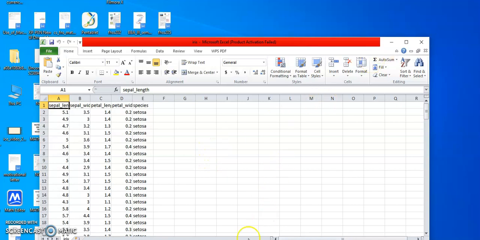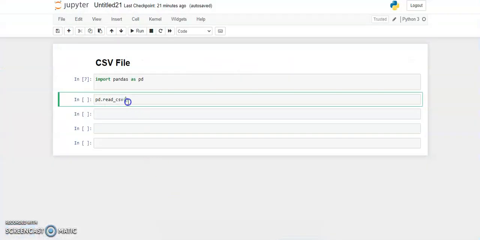Now go there, and in double inverted commas, or you can use single inverted commas, paste here. This is my path name. You can see here the .csv extension. If your file does not have the CSV extension, first you need to put .csv.